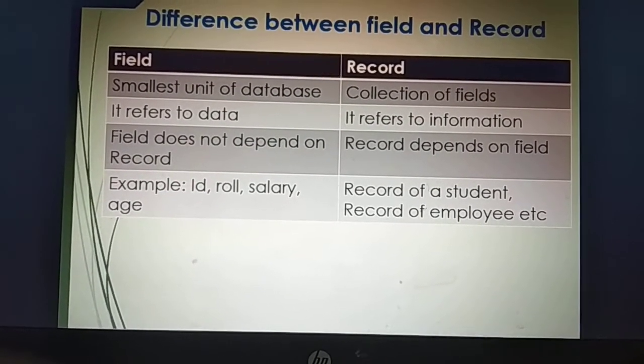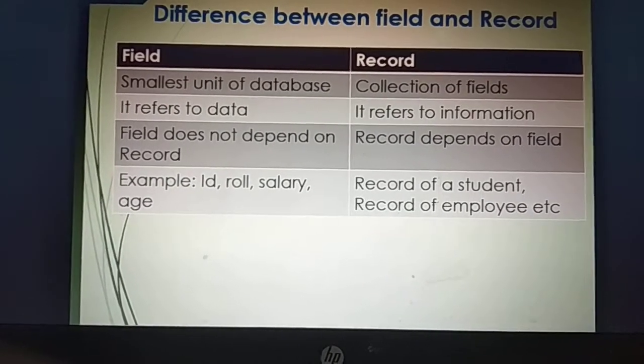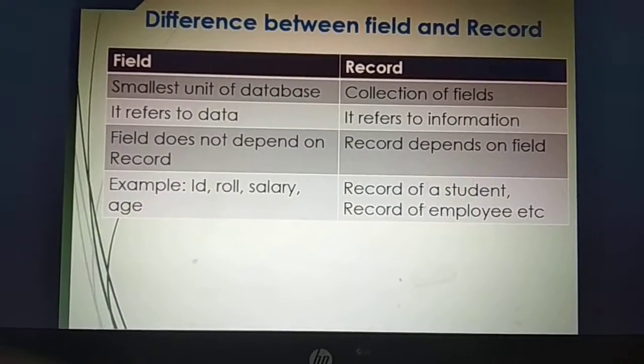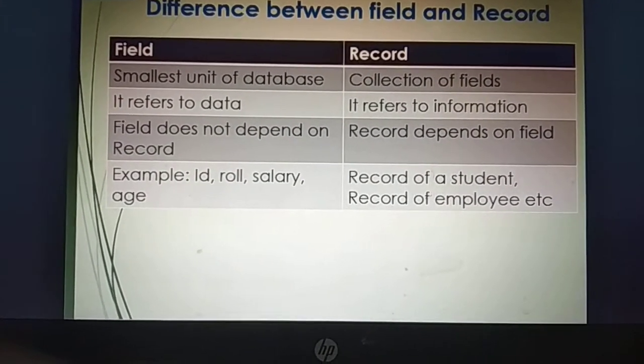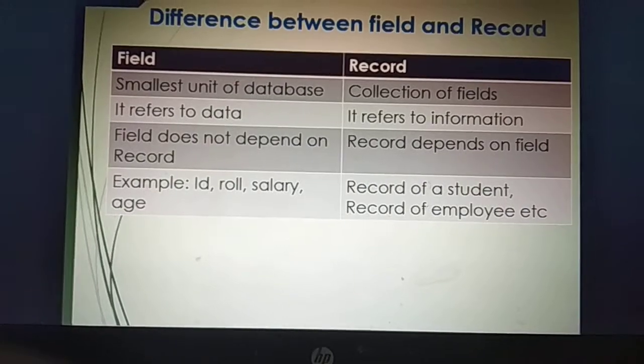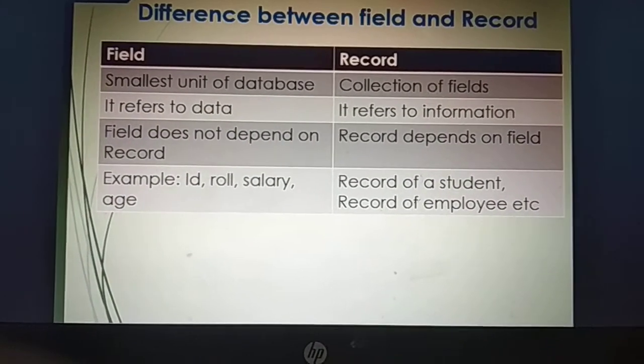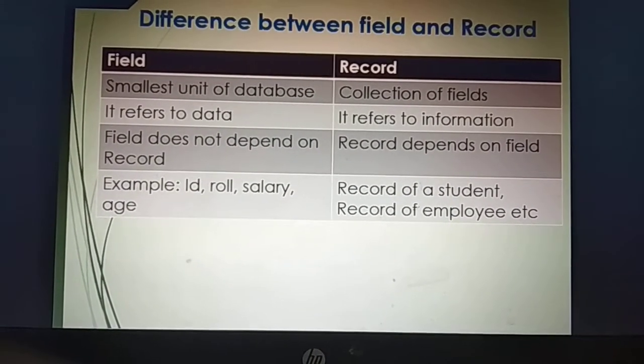So a record is the collection of fields and it refers to data. That means every field represents individual data for the database and it refers to information.